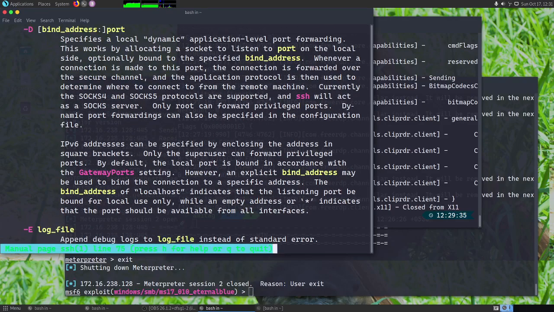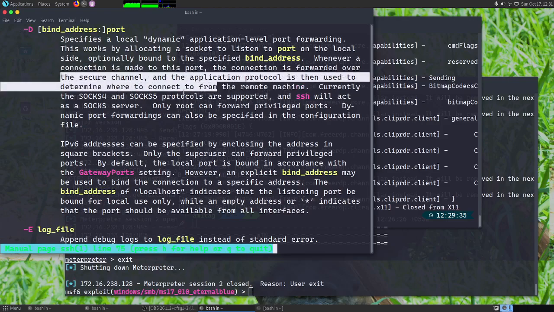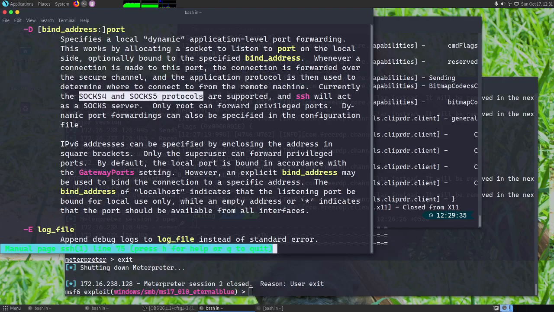The SOCKS 4, SOCKS 5 protocol will allow us to do any kind of port forwarding that we want. As you can see here, whenever a connection is made to this port, the connection is forwarded over the secure channel, and the application protocol is then used to determine where to connect to from the remote machine. Currently both SOCKS 4 and SOCKS 5 protocols are supported, and SSH will act as a SOCKS server.